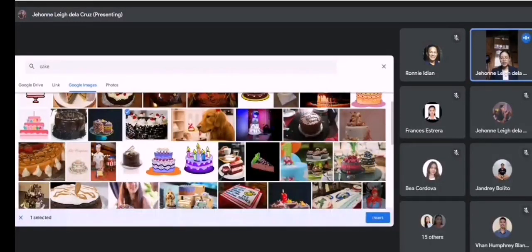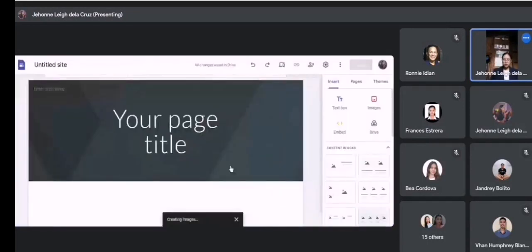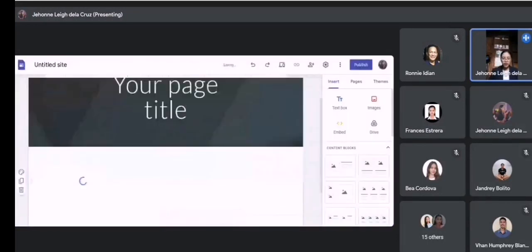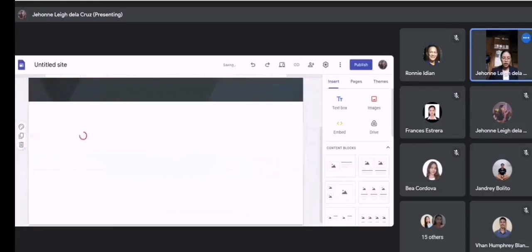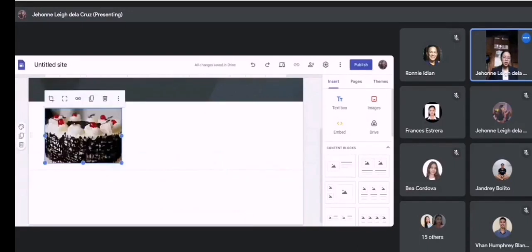So just click it and click insert in the lower left, insert. So let's wait for it to load there. So this is the image that we selected. And after that, adding an image,